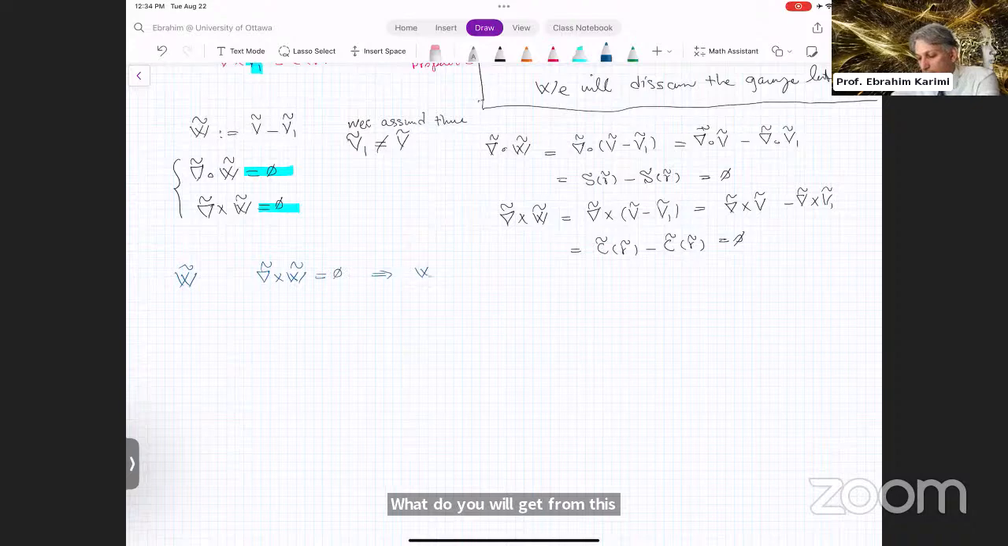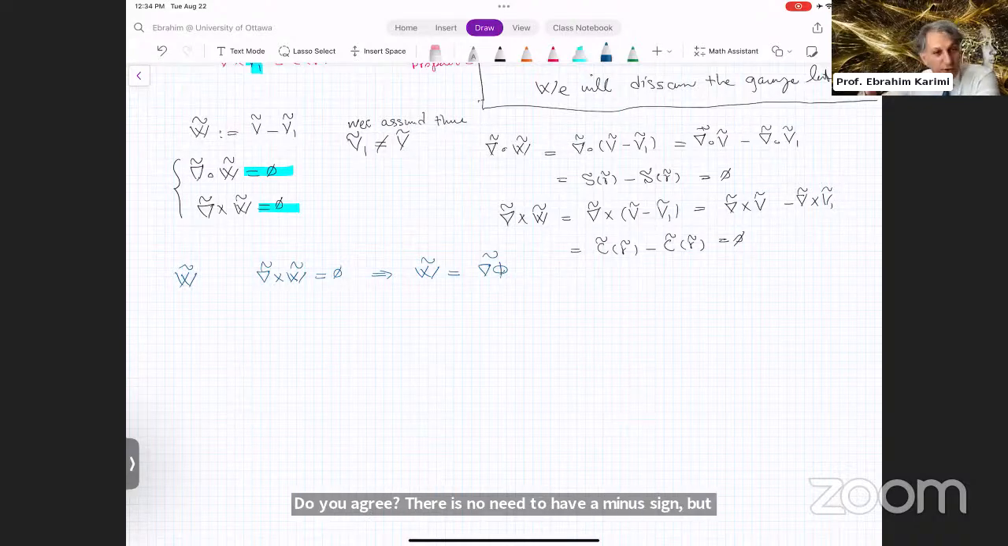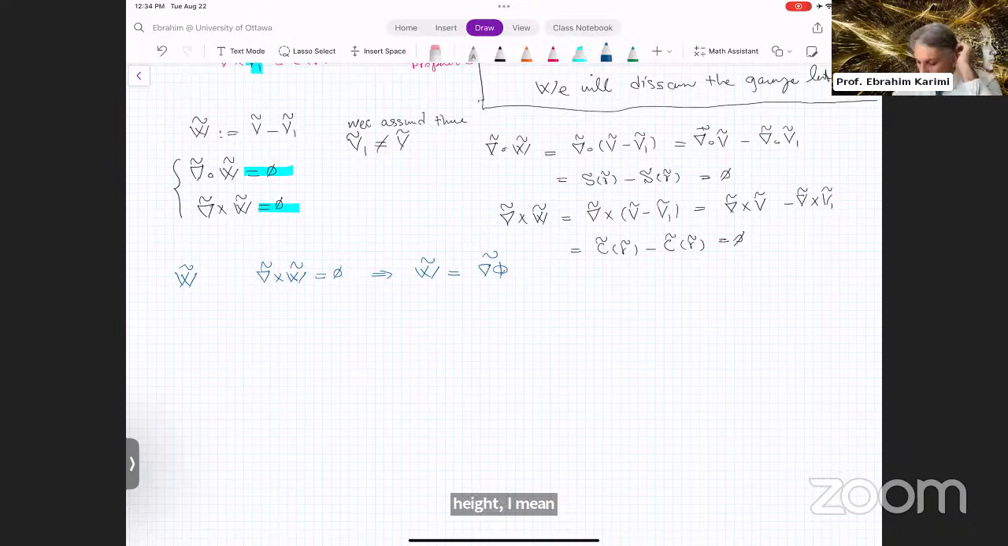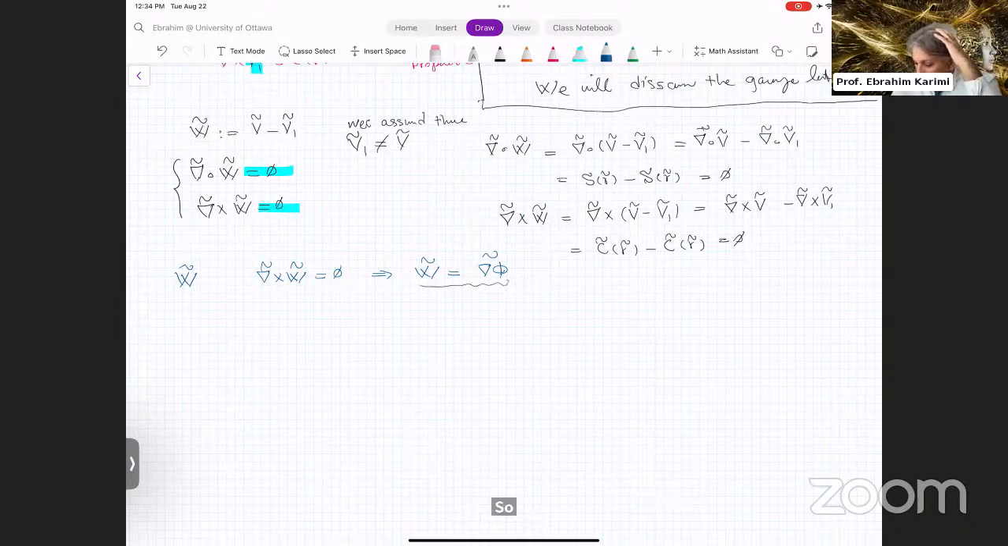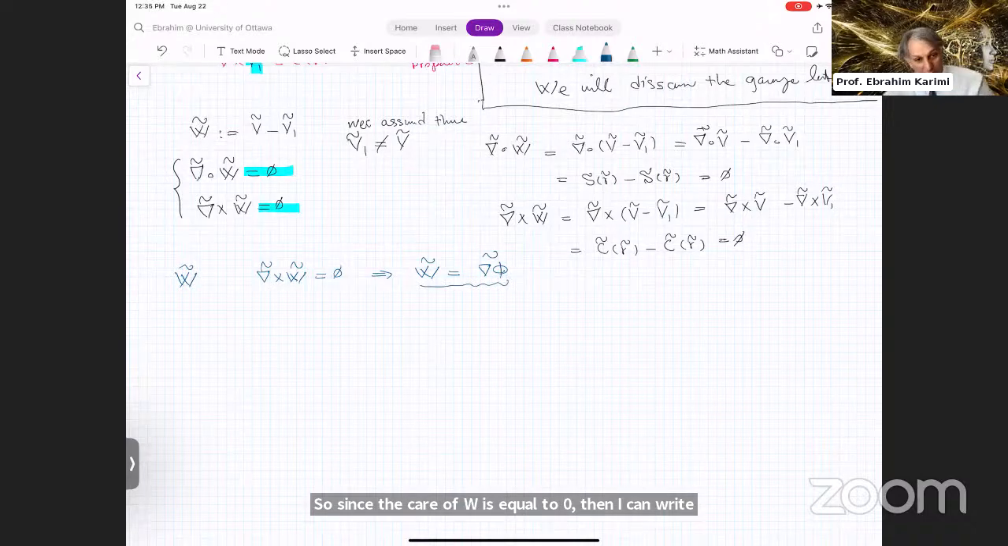Can I write that W is given by the gradient of a scalar? Do you agree? There is no need to have a minus sign, but if you want, you can add a minus sign. It's up to you, really. But the minus sign, as I say, is a convention that water falls, I mean, the water goes down from a height, from mountains to the sea, not otherwise. So since the curl of W is equal to 0, then I can write W as being a gradient of a scalar quantity,